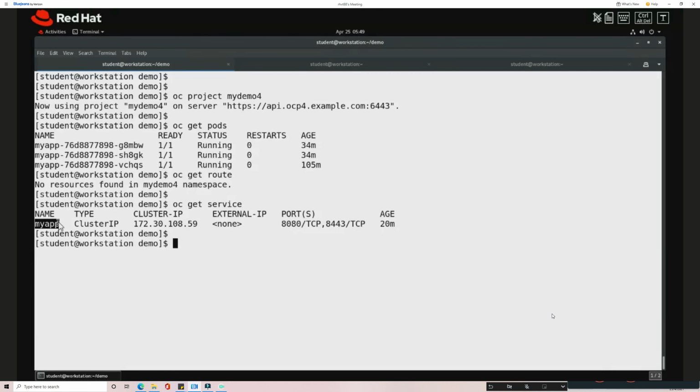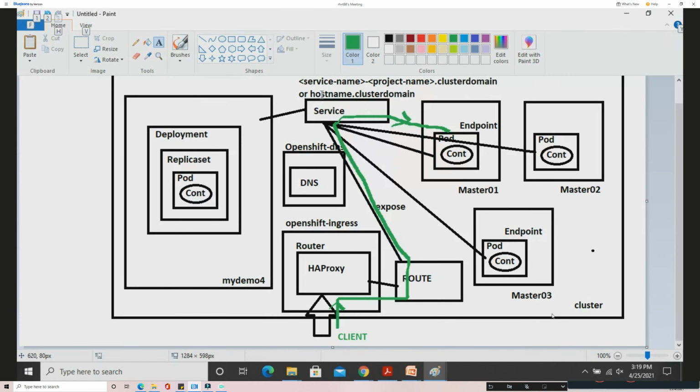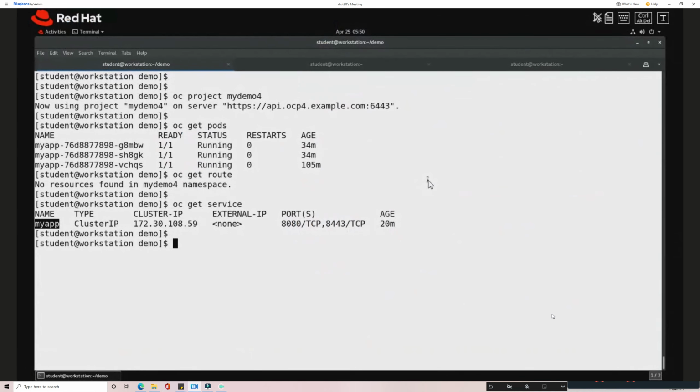Another one is you can give the host name. You can give your own host name, provided this host name, whatever you're giving here, doesn't conflict with other applications in the cluster. If there are two applications having the same host name, then it will be a conflict. So you should not use the same host name for different applications. If there is no conflict, you can generate your own host name, your own DNS entry. But if you don't do that, automatically we have a DNS entry available there for that service. So if I do OC expose,